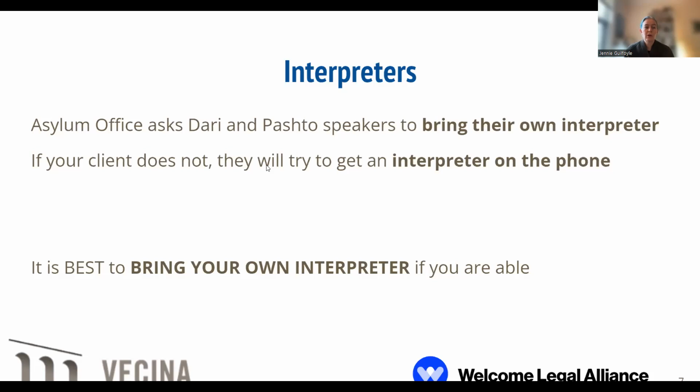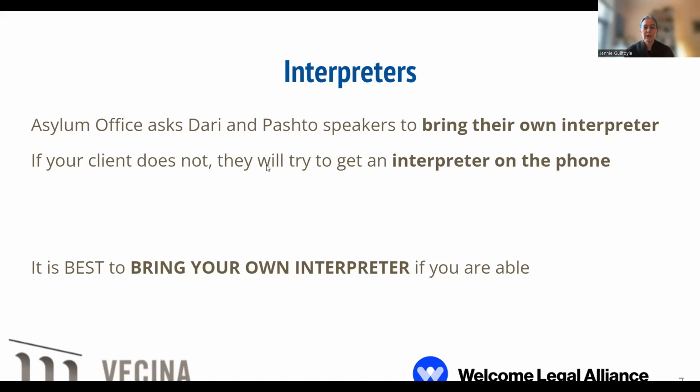And it's good to prepare an applicant who's going to be using the phone interpreter that they are allowed to speak up, and in fact should speak up and say something as soon as possible if they don't understand the interpreter. But again, if it's possible, it's absolutely best for applicants to bring their own interpreters,